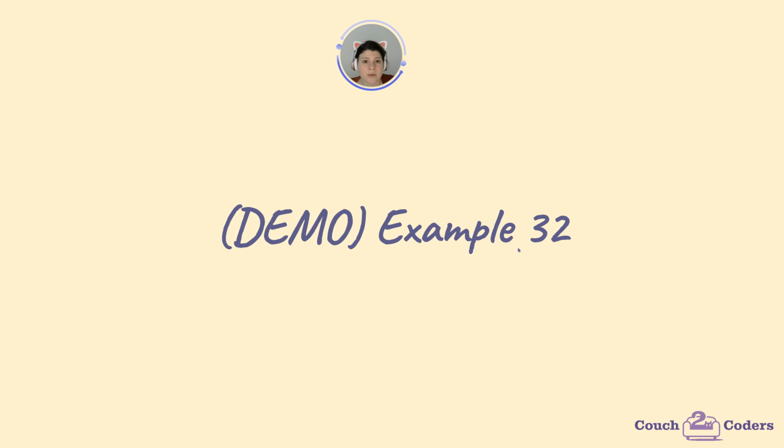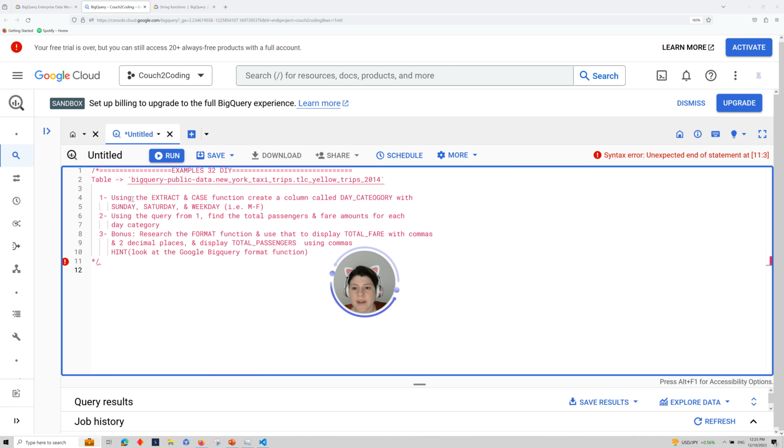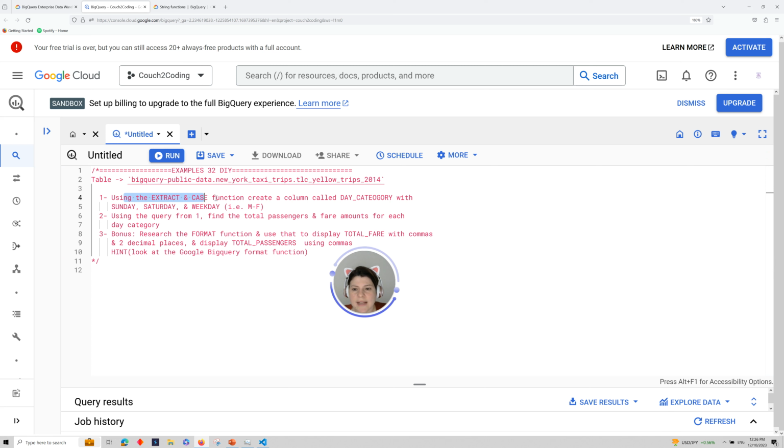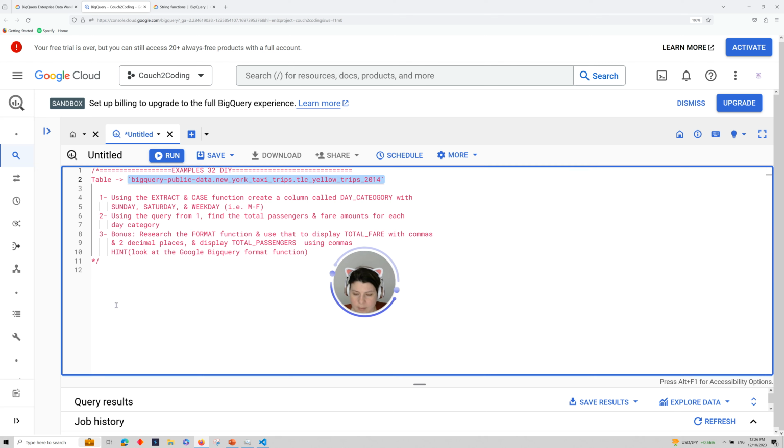Okay, now that we've reviewed at a high level what this looks like, let's open up our BigQuery browser and do some of this complex code together. In this example that I have for us, we're going to use extract and case function to create a column called day category with Sunday, Saturday, and weekday. This is the exact same thing that we went over in the PowerPoint. So let's go ahead and pull up